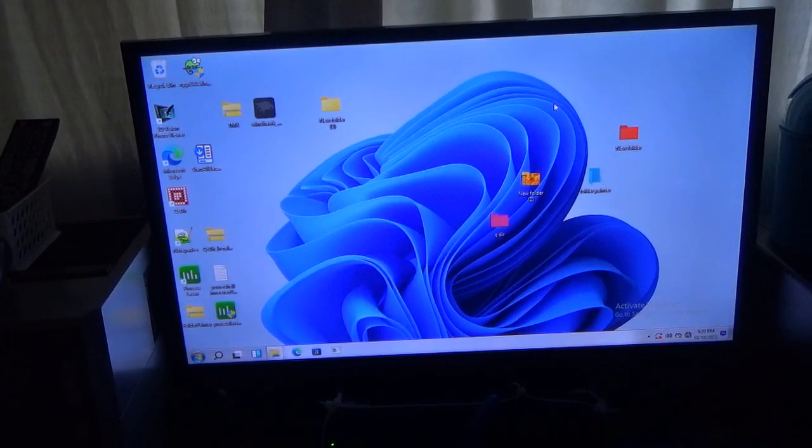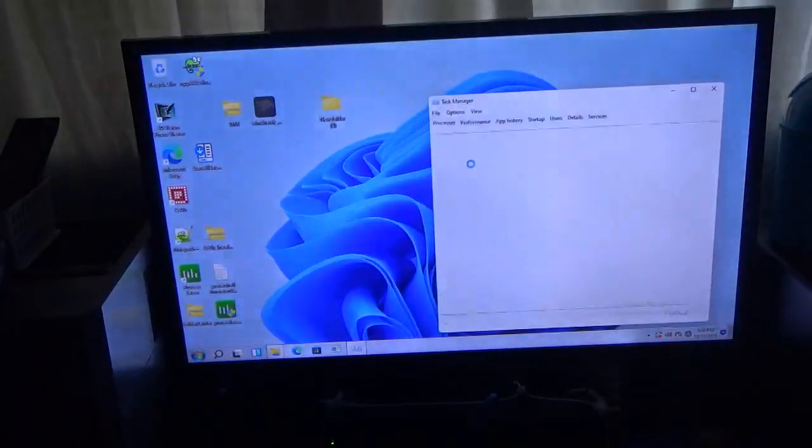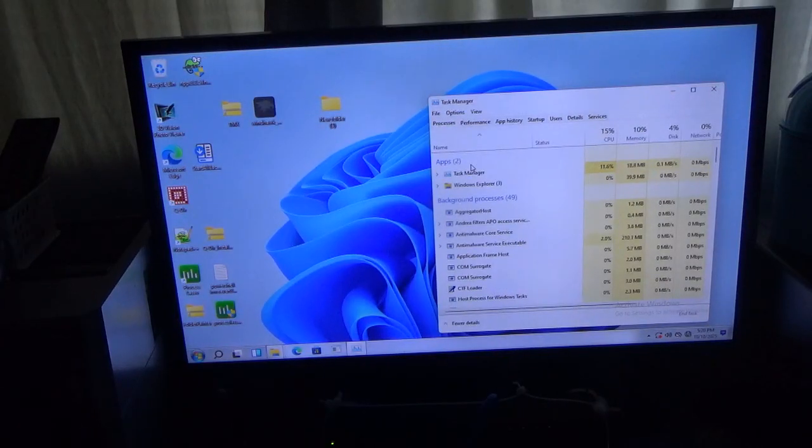So when you go like this, and you click Task Manager, and this program pops up, this is the default Task Manager program. Now, Task Manager Deluxe has a little more visuals and a little more information than what Process Lasso does. But this program is free. Process Lasso is only a trial.